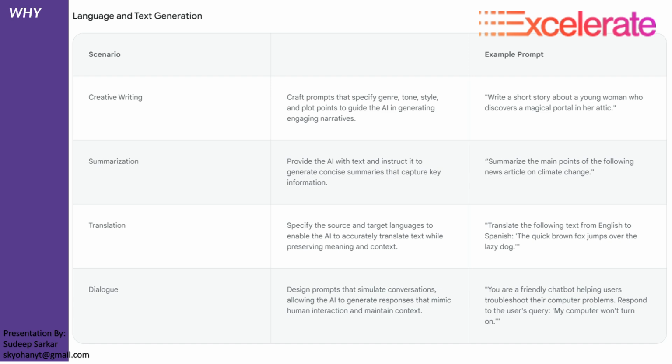Translation. As I told you, AI tools and prompts can be very useful for translating from one language to another. Translate the following text from English to Spanish. The quick brown fox jumps over the lazy dog. It will understand the grammar in the sentence, and based on the previously trained input, it will translate the given